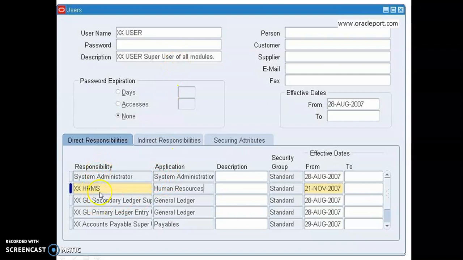Here you can see the responsibilities assigned, under which application it comes, description, and responsibilities from and to. So this is the user roles and responsibility assignment module.